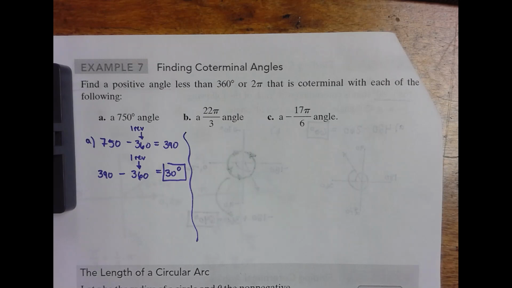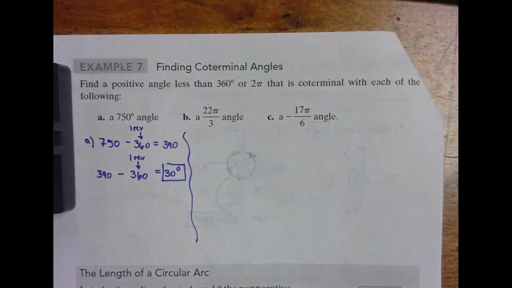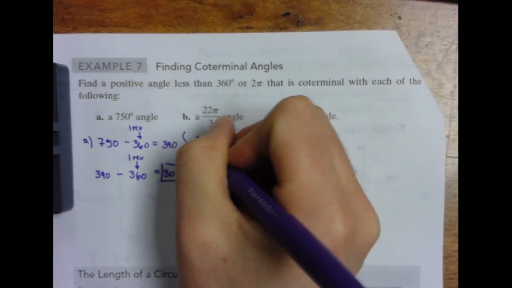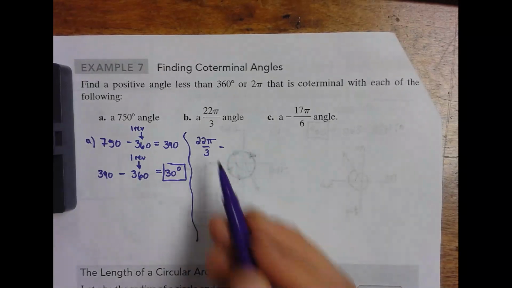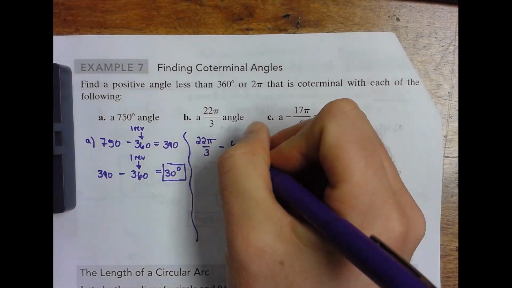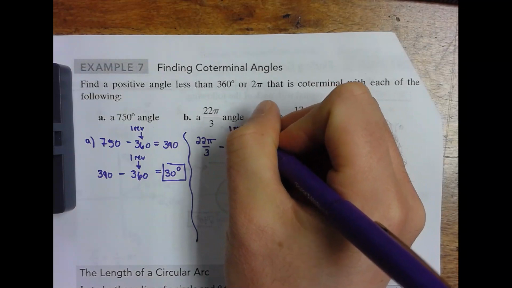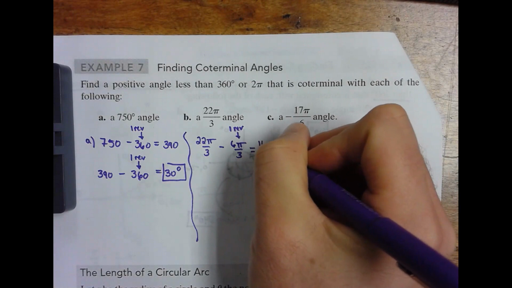So we're going to have to subtract away not only 2 revolutions, but more than likely a 3rd revolution. Now again, I don't know that many of us are going to see that right off the bat with these being fractions, because we still need some work with those fractions. So let's just go about it the same way. 22 pi over 3 and subtract away 1 full revolution, which I'm just going to get the common denominator right here. I'm not going to show that step. 2 pi in terms of thirds is 6 pi over 3. So this is that 1 revolution equal to 2 pi. So when I subtract this away, I get 16 pi over 3,